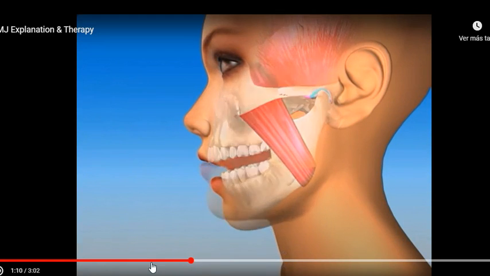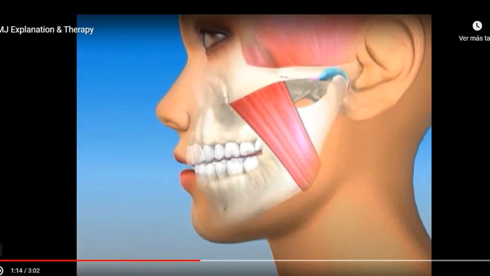cycle. During the daytime, Sue's brain programs her muscles to make sure